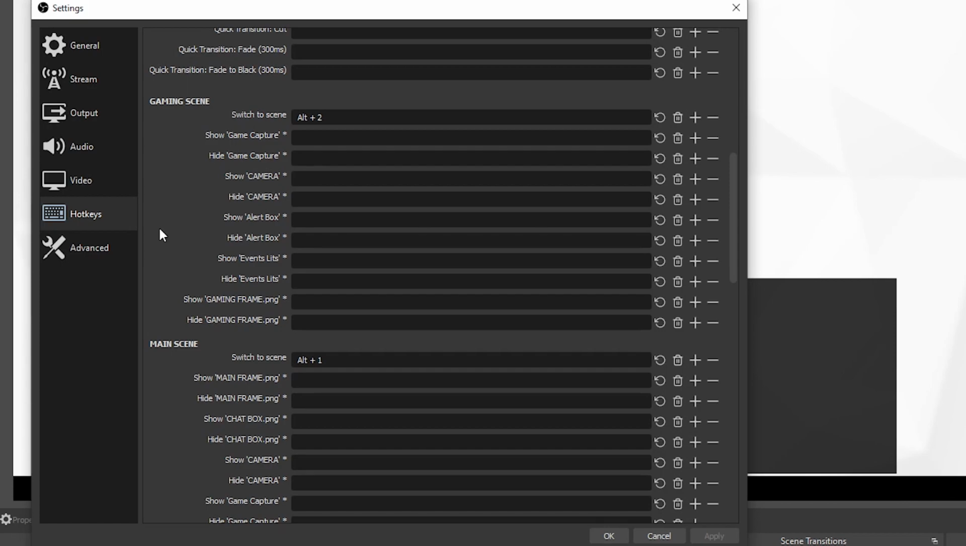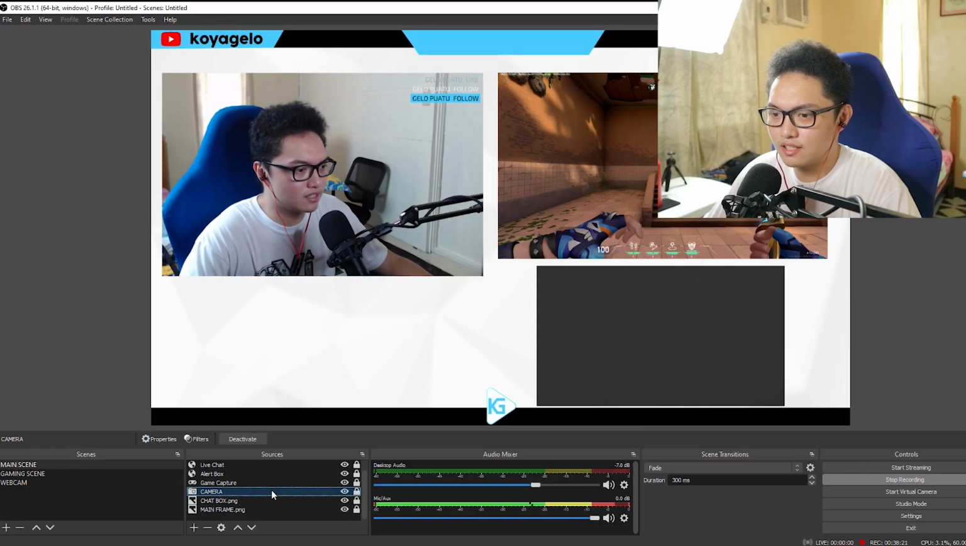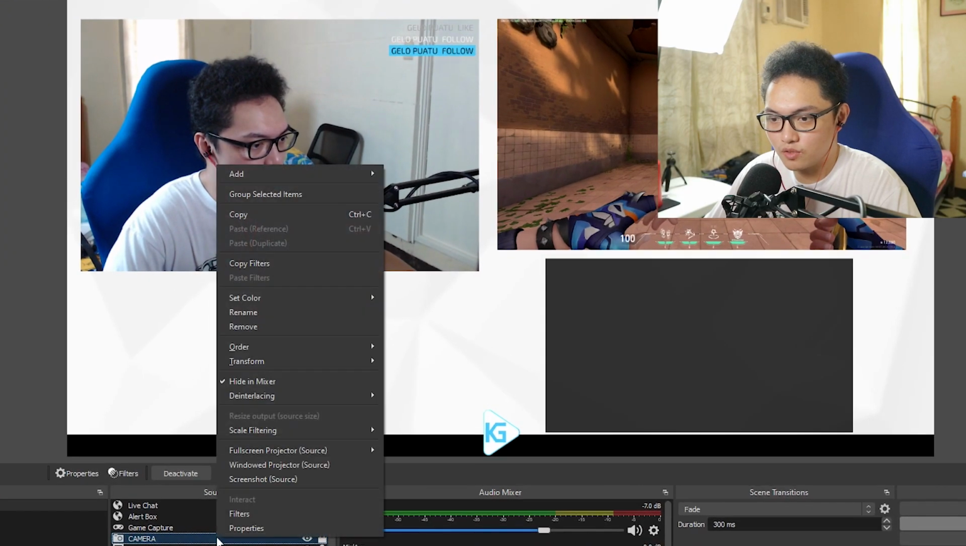And also another trick, if your keyboard still has a number pad, then you can actually use that as like a mini stream deck when switching among your different scenes. So very nice. And yung last thing siguro that I want to talk about here sa pag-stream sa OBS is